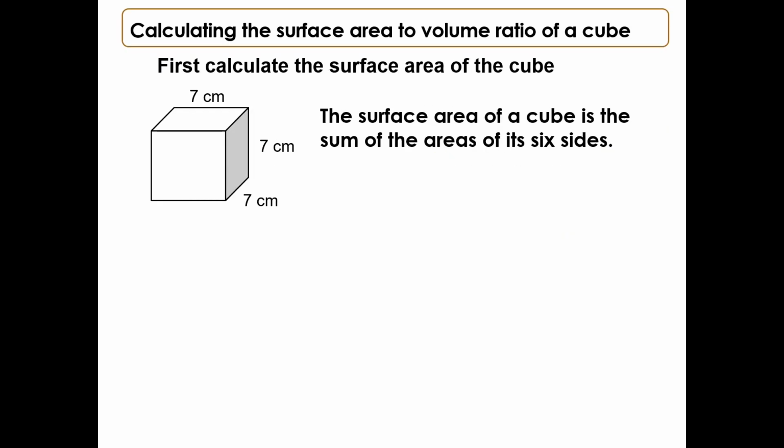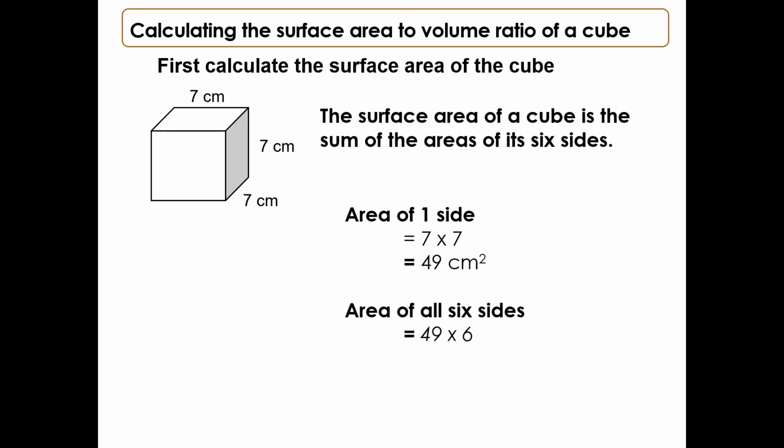On your exam, you could be asked to calculate the surface area to volume ratio of a cube, especially if you sit in the higher tier paper. So first we'd need to calculate the surface area of the cube. And the surface area of a cube is the sum of the areas of its 6 sides. So if we imagine the side that's shaded in, the area of one side is going to be 7 by 7, which is 49 centimetres square. And so the total surface area, when we remember there's 6 sides, is going to be 49 times 6, which